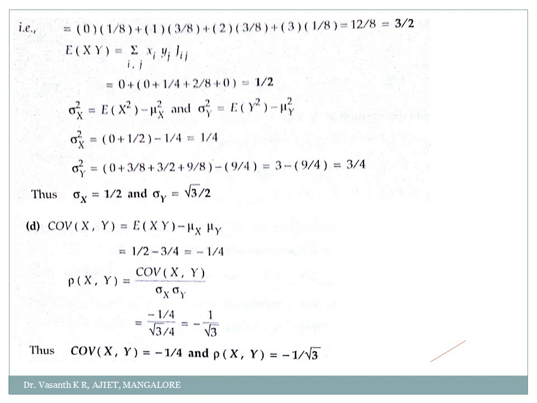Now what they have asked you? Determine the marginal probability distribution of x and y. Marginal probability distribution means what? This one only. You have to do separately x and you have to do separately y. That is your marginal probability distribution. Also compute expectation of x, y and xy as we did in the previous problem. Then that asked me to